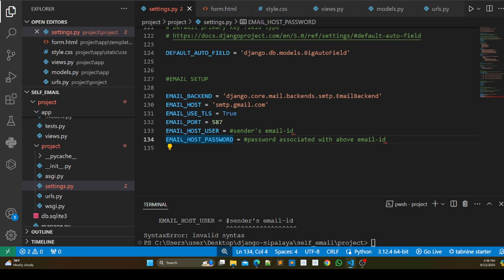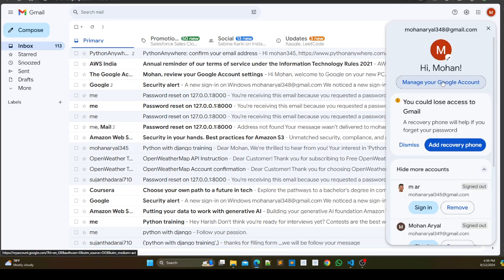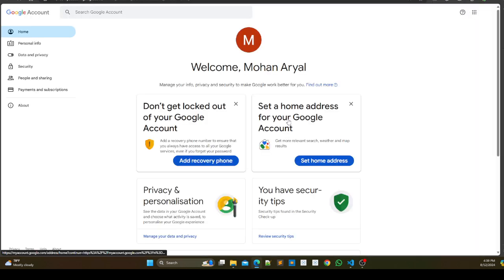So go to your Gmail. After going to your Gmail, go over here. There is this Gmail account, so open this one. Go to this manage your Google account. Over here what you need to do is